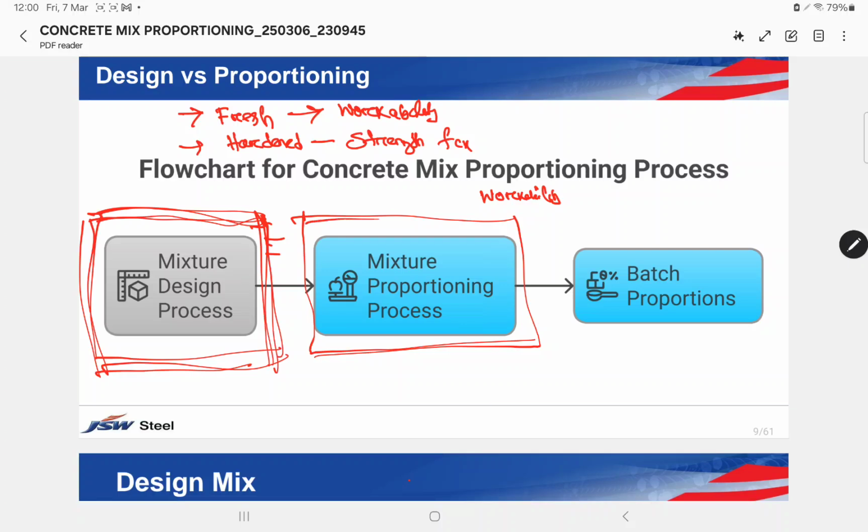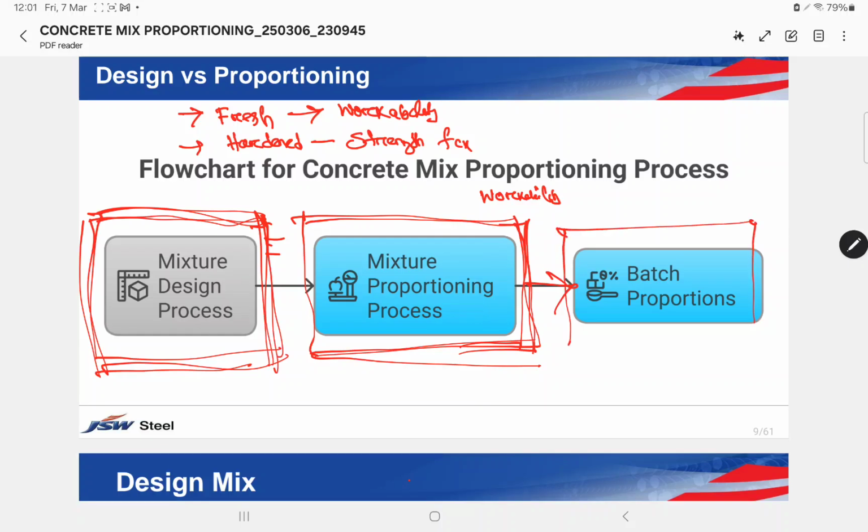Then once your mix proportioning is complete, you do some trial mixes and you finalize your mix. And once that final step is achieved, it gives you the batch proportions, because your mix design is